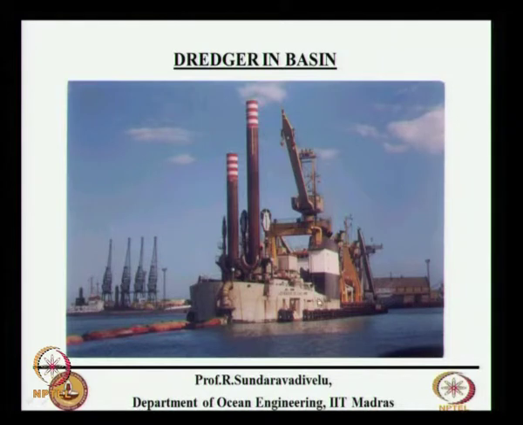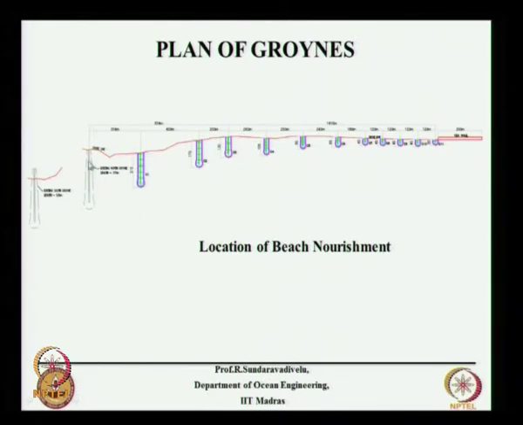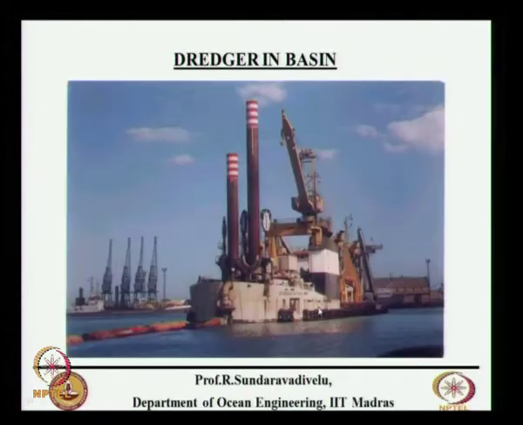Normally they use a dredger to dredge the basin and there is a pipeline here. Initially what they want to do is they want to nourish the portion between this existing breakwater for the inlet and the first groin by laying a pipeline. Other thing they will go into the sea here by another dredger and then do a rainbow. I will have a slide, I will show that.